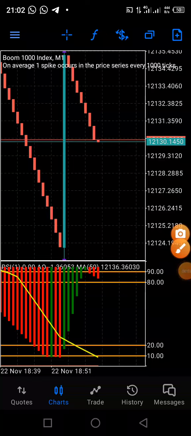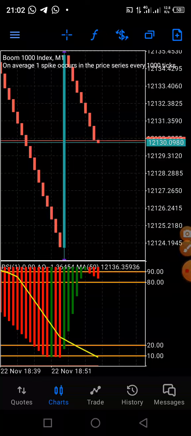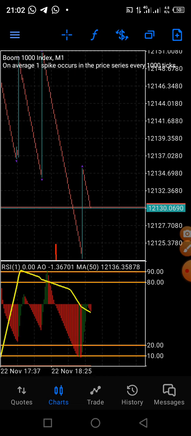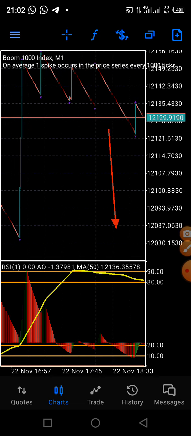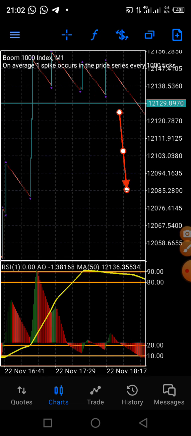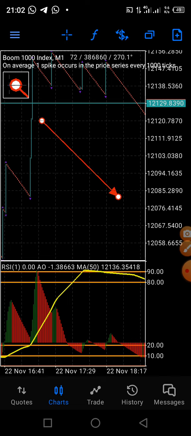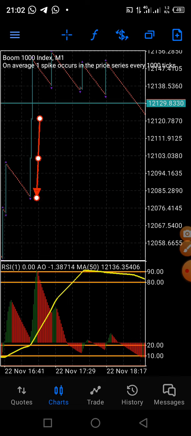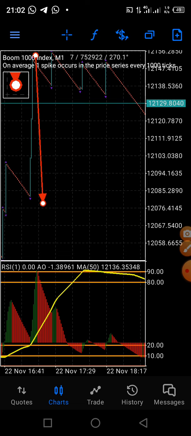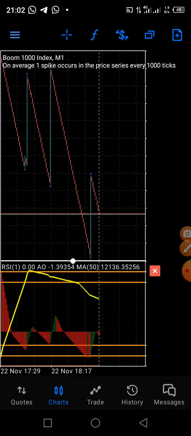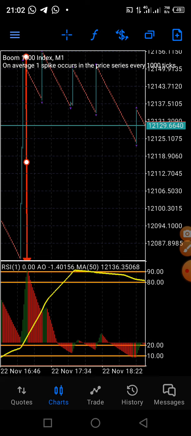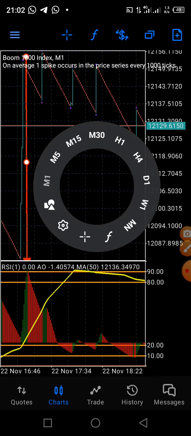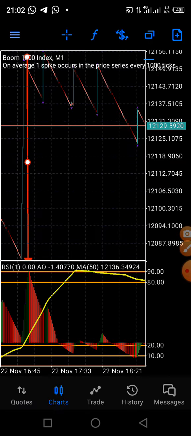So I want you to take note. What usually happens is that, have you seen this strike? This big strike. So this candle, this green candle from here up to here. Okay. So you need to notice that in between, in between,